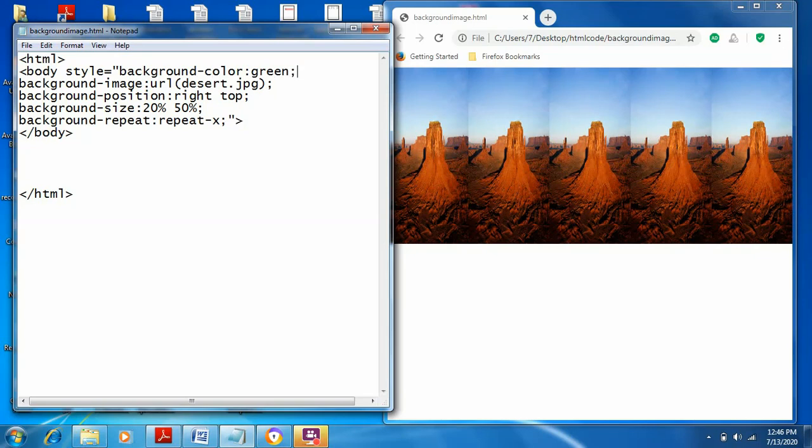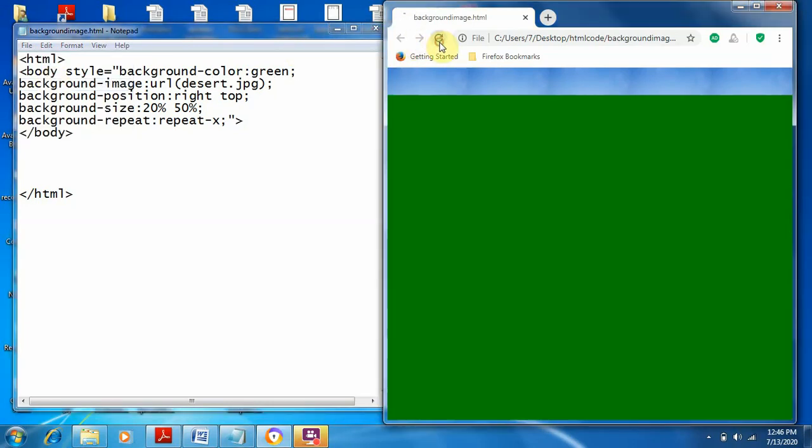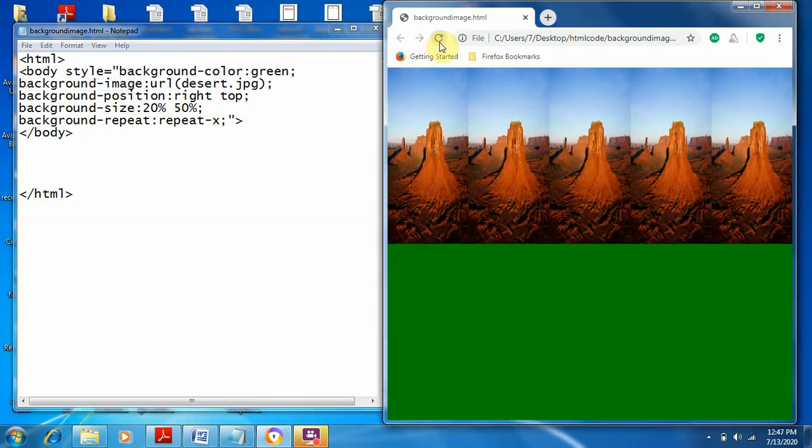Okay, now save this, then refresh this page. See what happens, it sets the background color green. Okay, these are the various ways we can set the background properties of this HTML code.